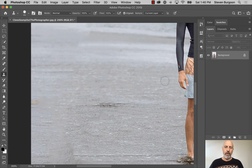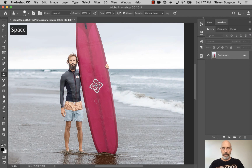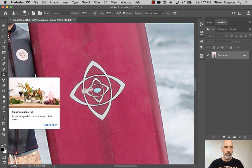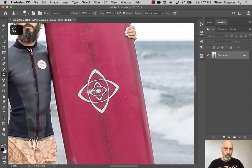For this, what I'd like you to try, if you haven't already been trying to do this, is focus in on this little icon in the middle. I'm going to zoom up just one more. And I've got the clone stamp tool, and what I'm going to do is take a read. I'm going to zoom out just one more. I'm going to take a read from the pixels up here. I'm holding the Option key, click, and I'm coming down here, and notice I'm aligning it just the same lineup, and I'm just reading those pixels atop there, clicking,